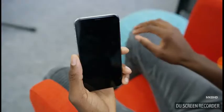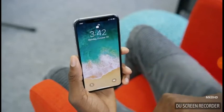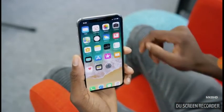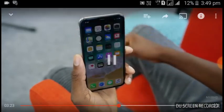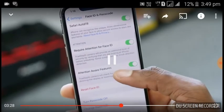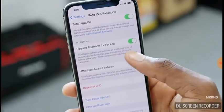The setup, like you saw, was pretty quick and painless, and it's been working pretty well since then for unlocking my phone. Now, I've only really had this phone for a day like the rest of press, but so far in this time, it's been fine, and it works as advertised as far as being smart and not easily spoofed. You can see the little